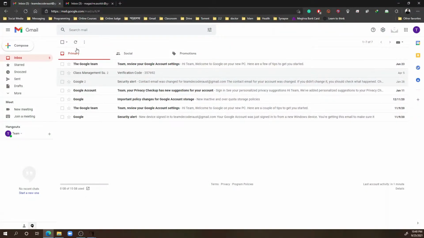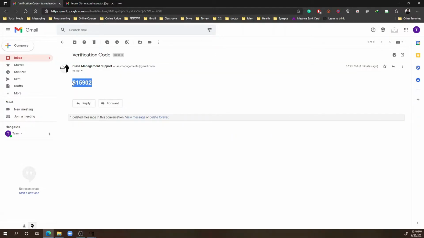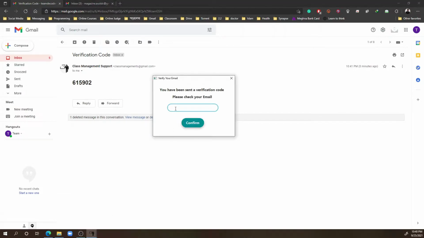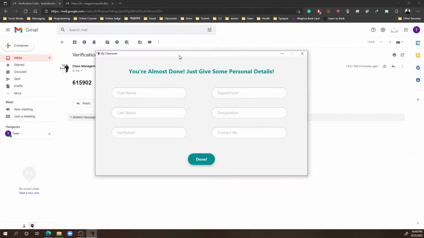Okay, a verification code is sent to the user email, so we have to verify the mail with this verification code. Okay, our user is now verified. So we have to give some personal details for creating the user profile.